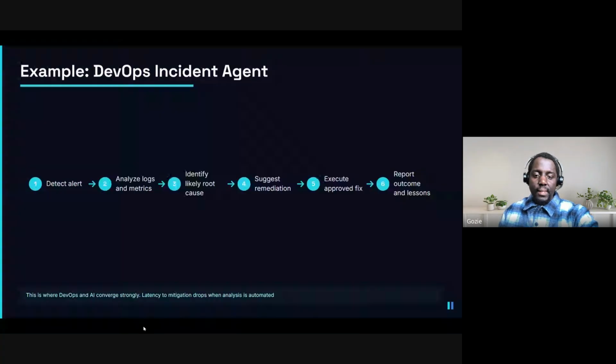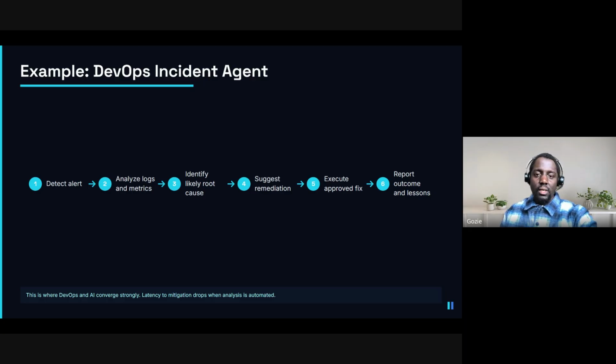So let's have an example of a DevOps incident agent in practice. Let's make this real. Imagine an agent is handling incidents. This agent can detect alerts. Once it detects the alerts, it analyzes the logs and metrics and identifies root causes. With these root causes, it can suggest fixes,